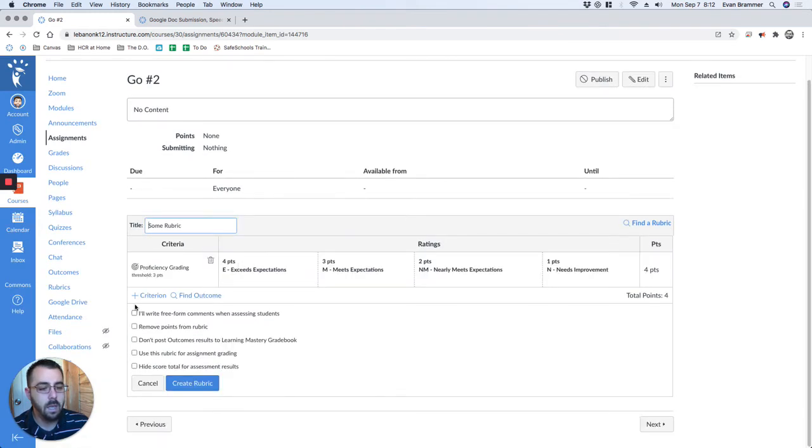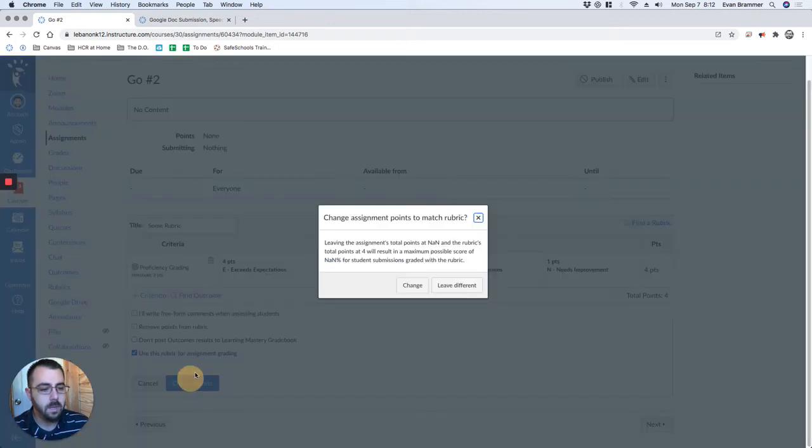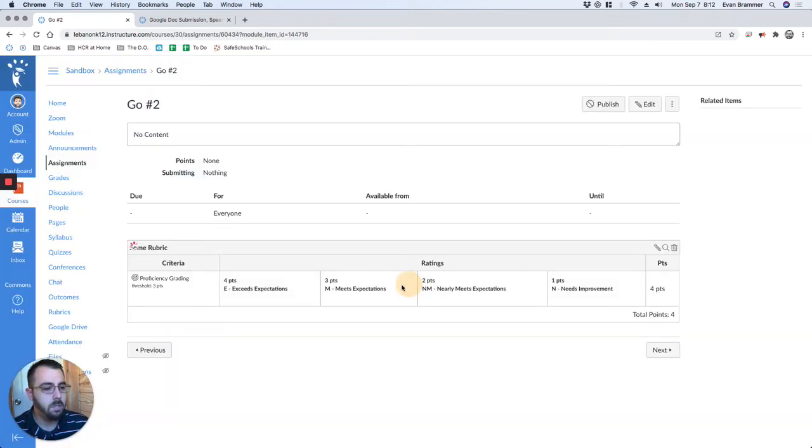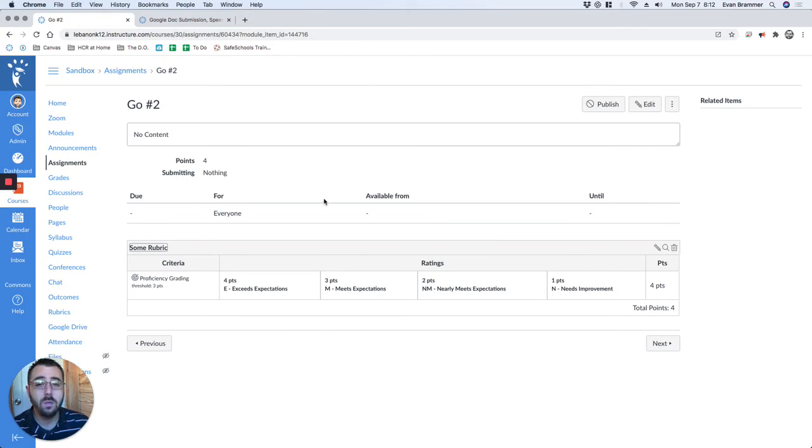All right. And right here, you want to make sure that you click use this rubric for assignment grading if you want to be able to have the points that you assign here go directly to the score. And you can change any of the other checkboxes there. So create rubric and change. So now we've got the rubric applied. Now we can go in